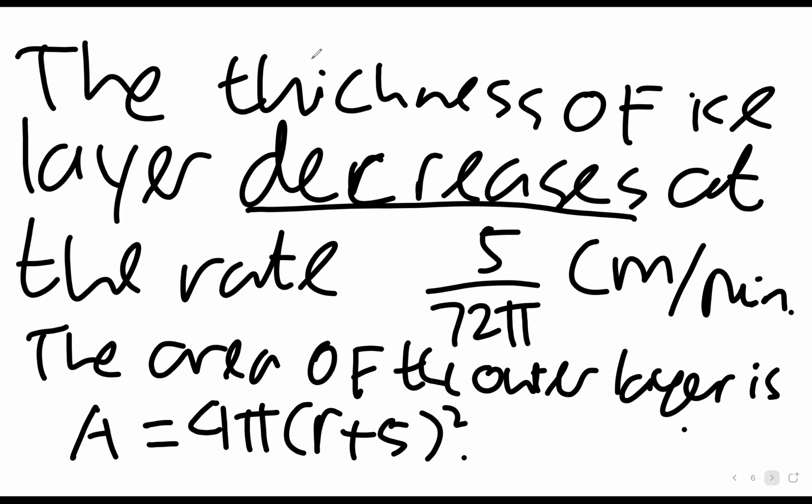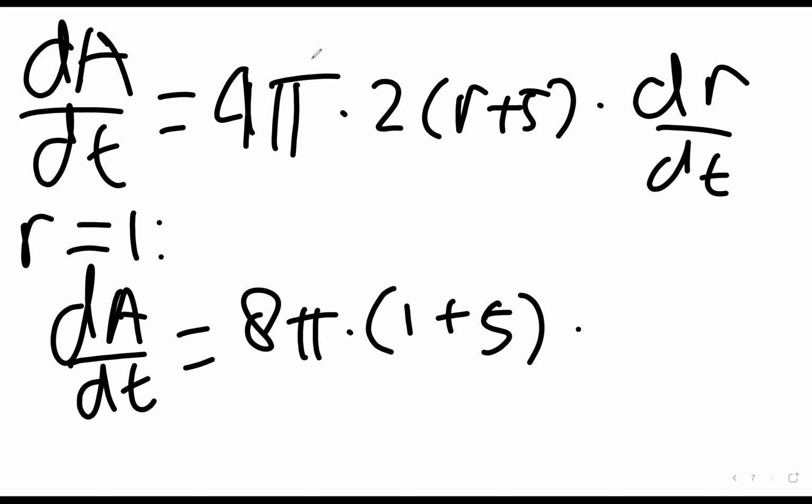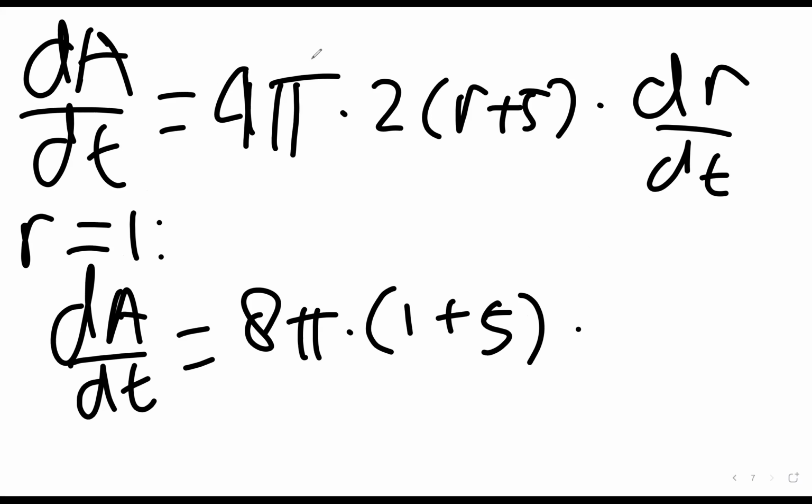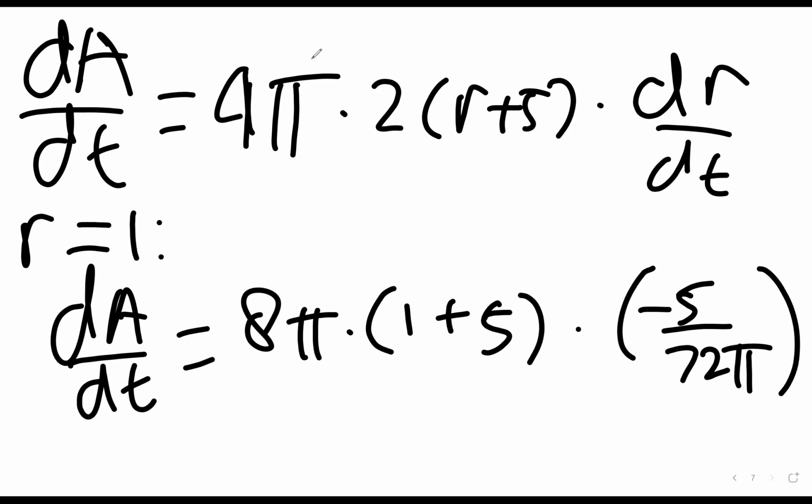All right, similarly, I will continue. In this case, dr/dt is minus 5 over 72 pi. If I simplify this, 8 pi over 72 pi is 1 over 9, and 6 divided by 3 gives minus 10 over 3. Okay, right. So the conclusion will be: